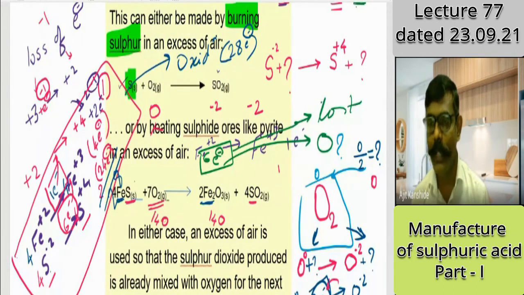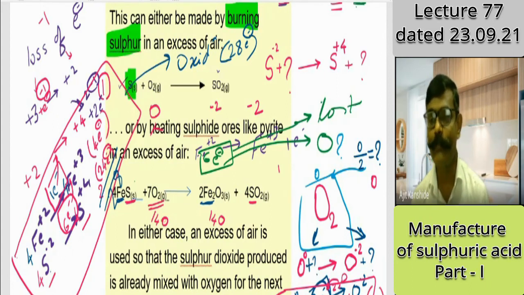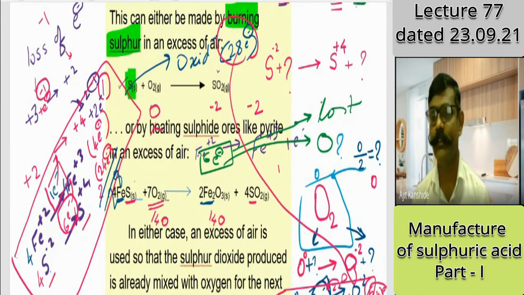But in the reaction that we have studied here, oxygen gets converted to O minus 2. There, 1 oxygen is responsible for 2 electrons. Then here I am with 14 oxygens. Responsible for how many electrons? 14 oxygens will account for how many electrons? 28 electrons. See here, here is the number 28 and here also the number 28. It is matching. Therefore, this reaction is balanced.